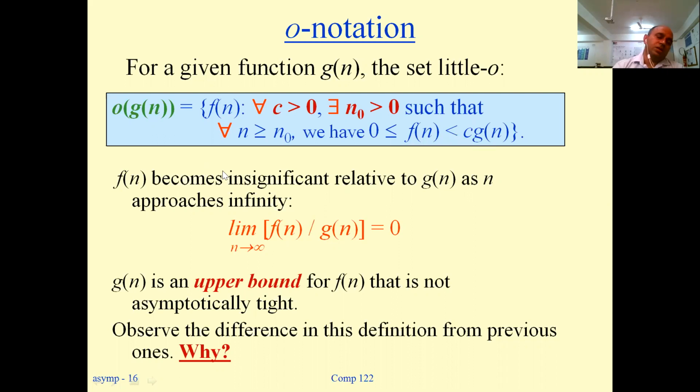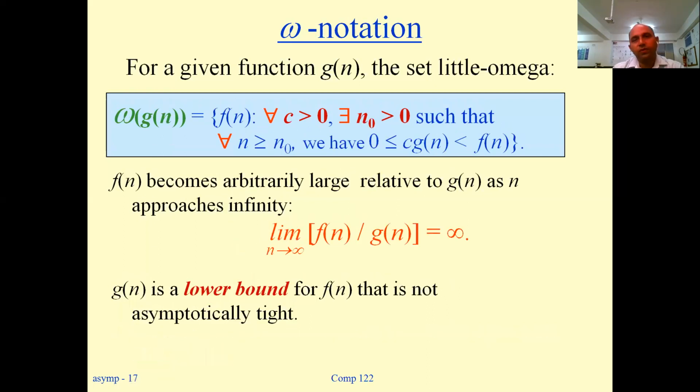Another property of little o notation is that if we find the limit as n tends to infinity of f(n) upon g(n), it always comes to 0. So if either condition is true, then we can say that f(n) is following the relation of little o notation. For example,